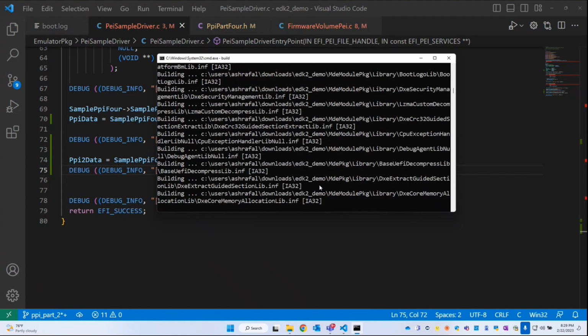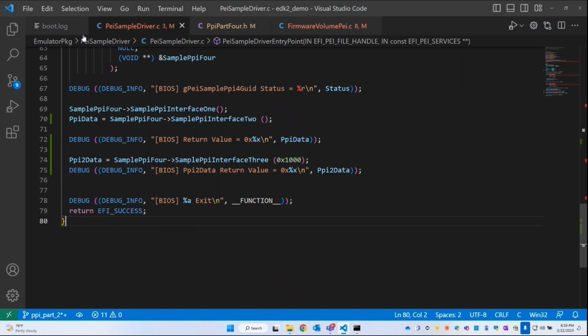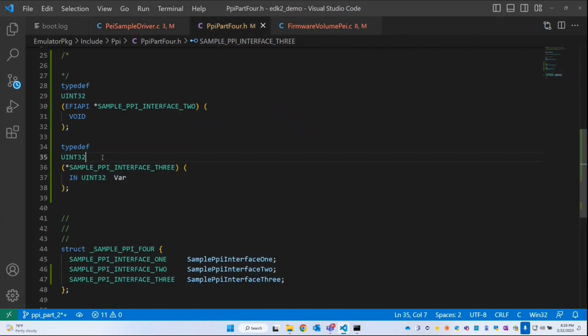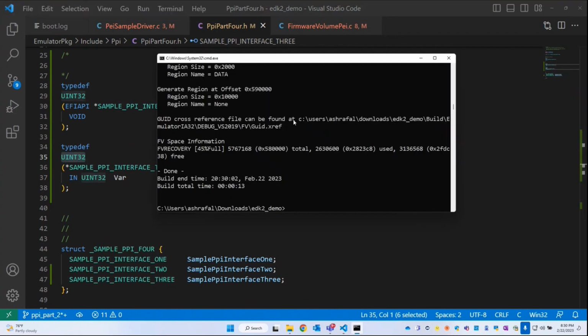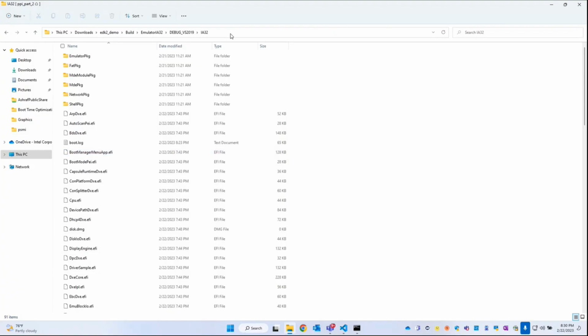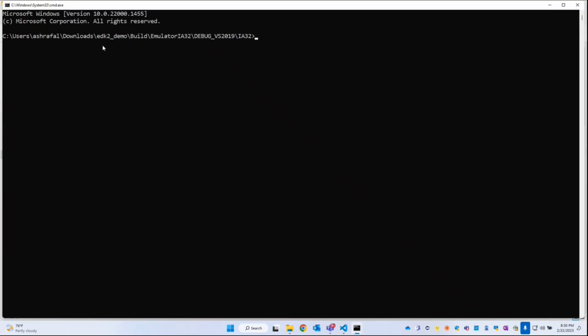Let's wait for a moment. Meanwhile, it's building, right? So our new interface is going to take one argument and it is going to return a uint32 value. So it got built. So I will open the command prompt in the